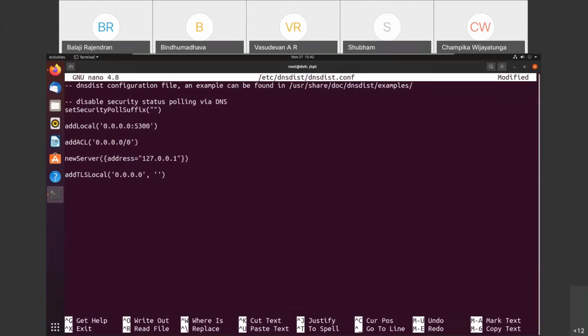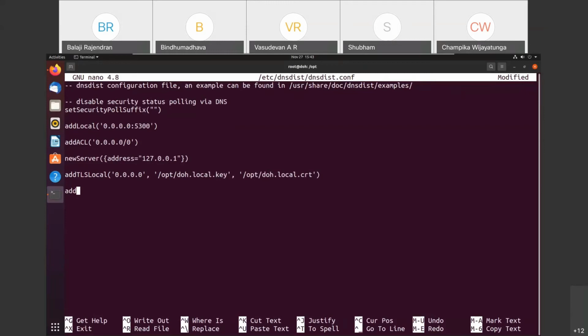Where is my key file? In /opt, and I have kept the name of the key as doh.local.key. Then the third part is the certificate file, the certificate of the public key, /opt/doh.local.crt. So I have added the TLS server.